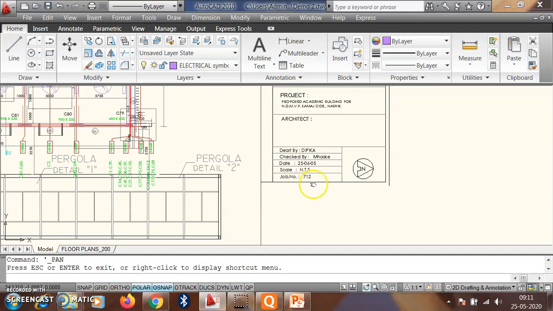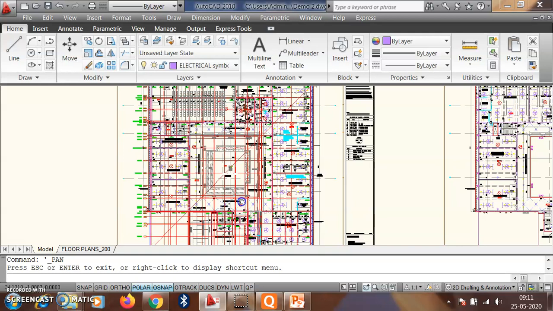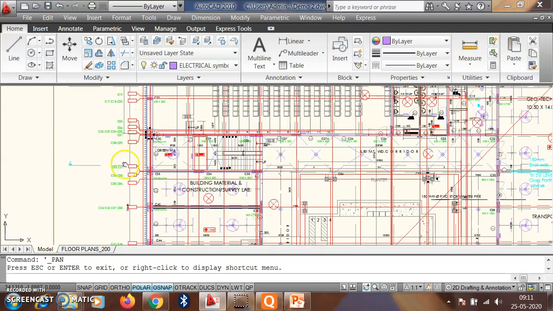So we should know what your job number is and the specifications. So this is about all aspects of the drawing.